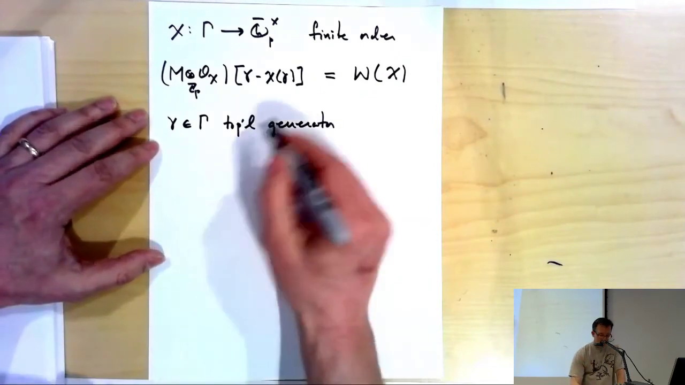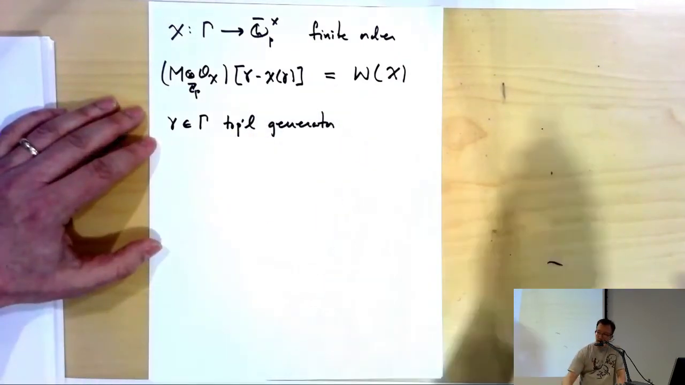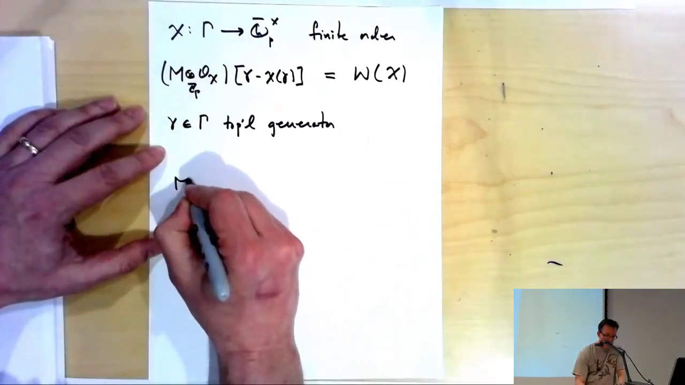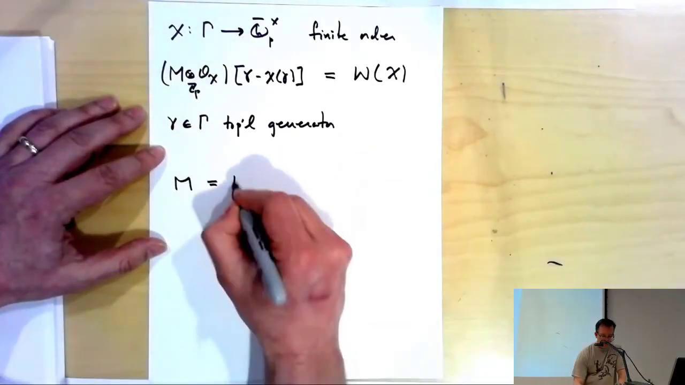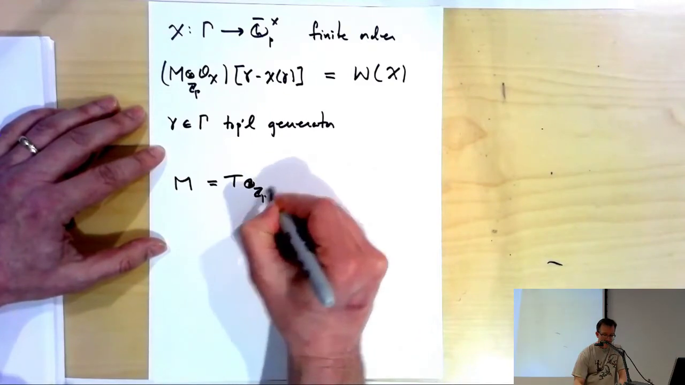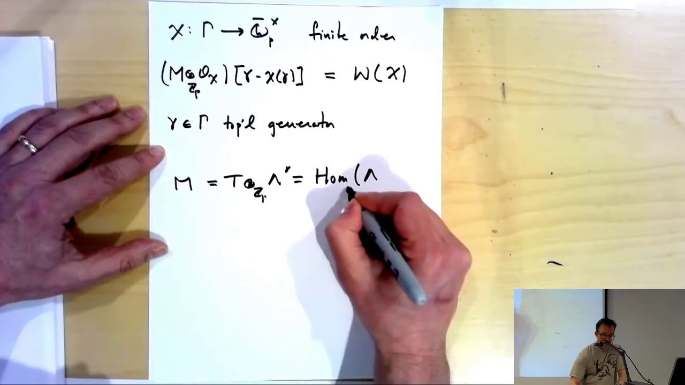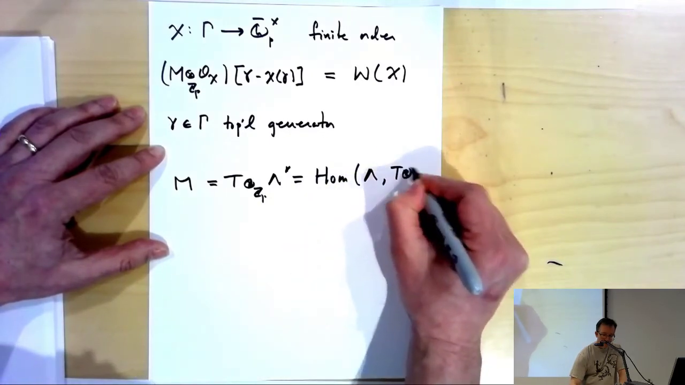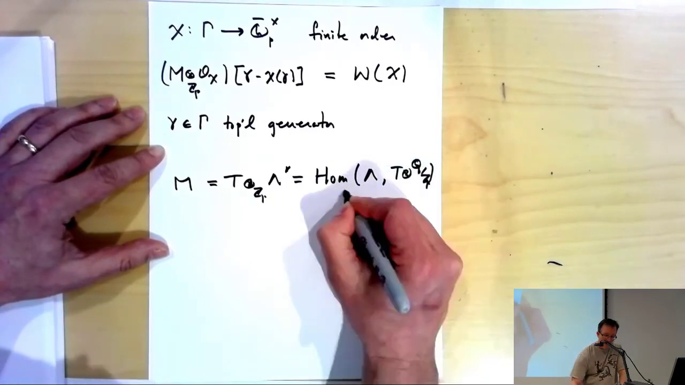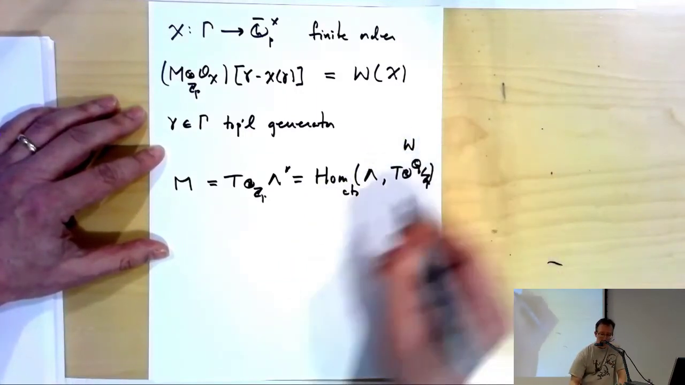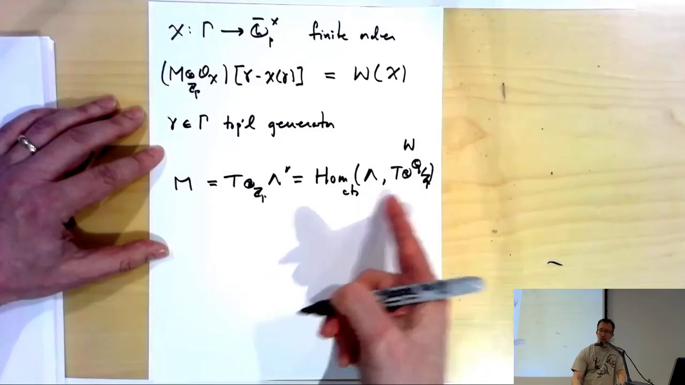Maybe it's instructive to see how to see that. So if we want to think of M as this T tensor ZP of lambda star, I can think of that then as the Homs from lambda into T tensor QP mod ZP. Continuous homomorphisms. And then when we tensor with O chi,